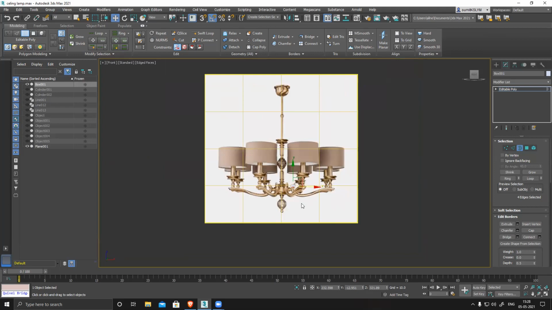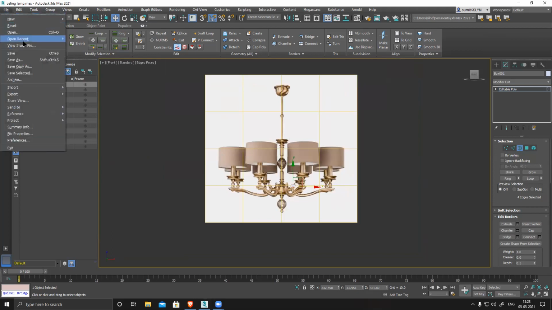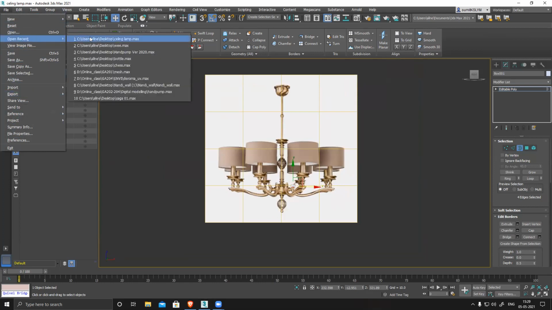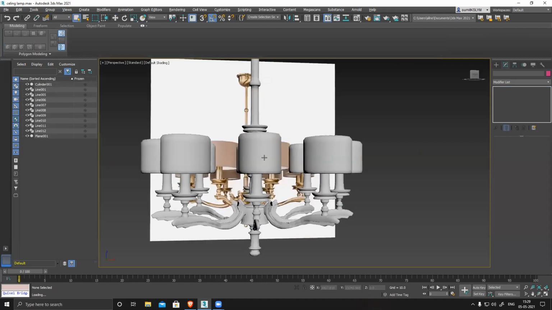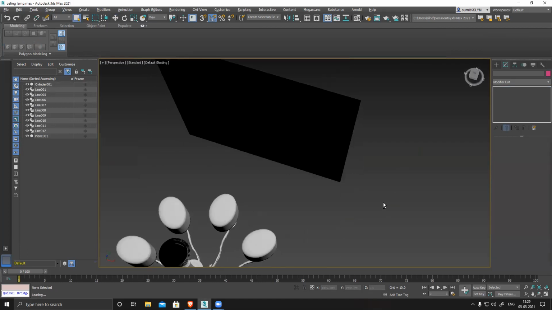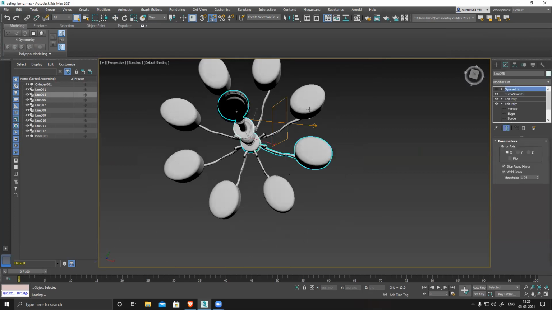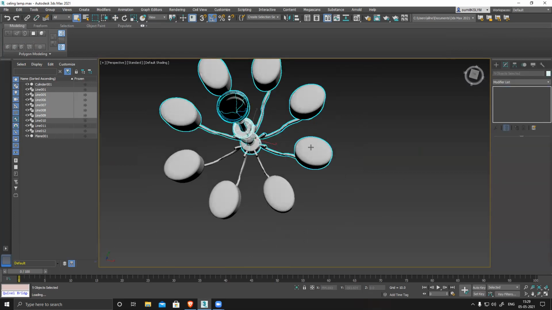Your pivot point is wrong. That's what I'm saying. Your file is entirely messed up. It's completely wrong. You have to redo it. If I reopen it, I'll show you the reason what is happening here. Nothing is in center, right? Nothing in center. First of all, you created multiple tons of these things.